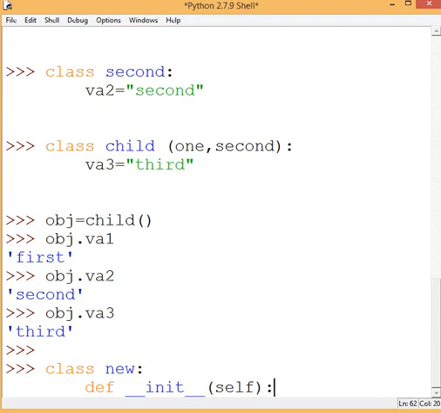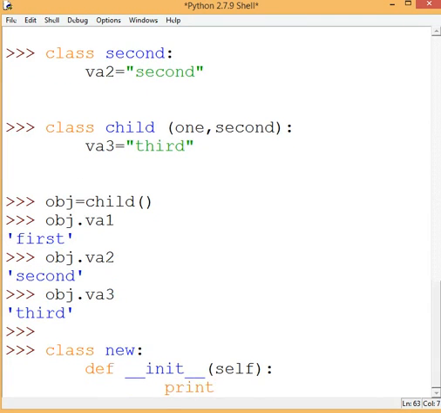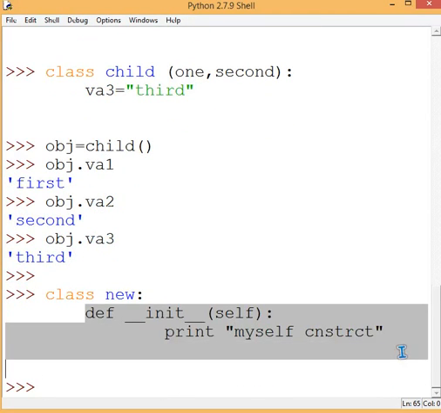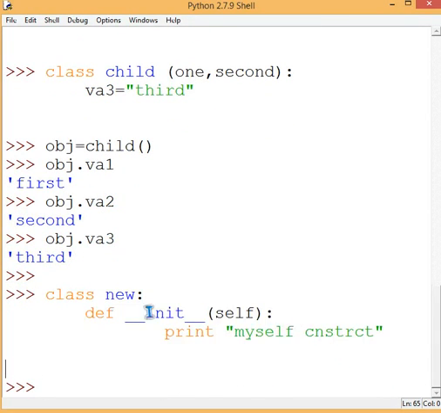So let us print, say, "my self constructor". Okay, done. This is how the constructor is made. How will Python know that this is a constructor? This format has to be there, the same format I told you just now.